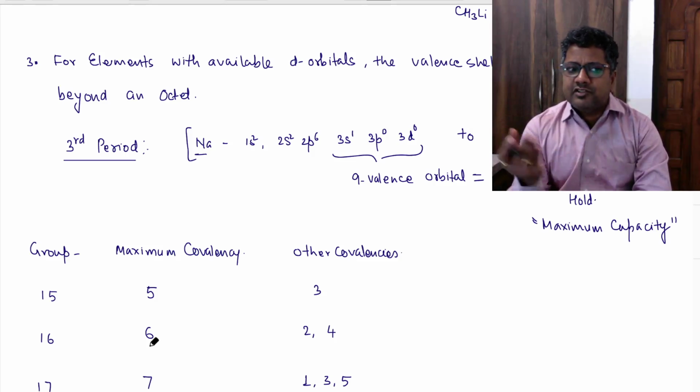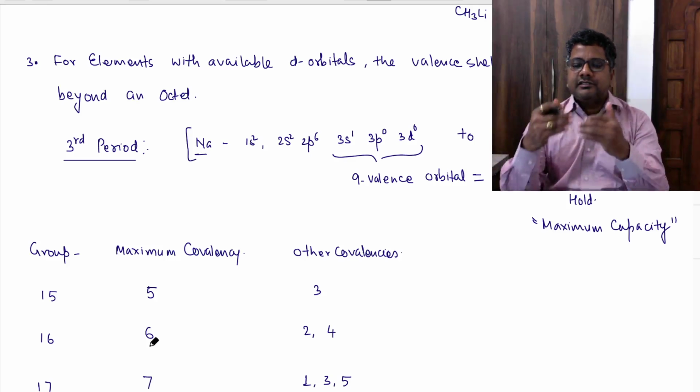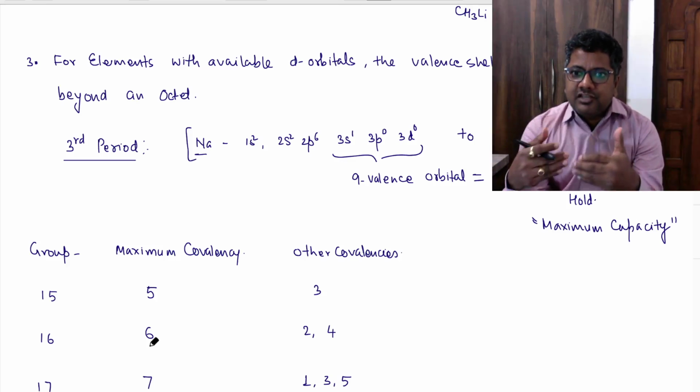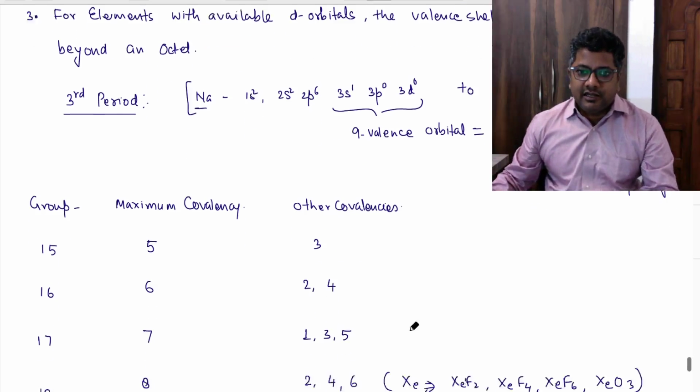So it is possible to expand the octet, meaning elements from the third period onward may have more than 8